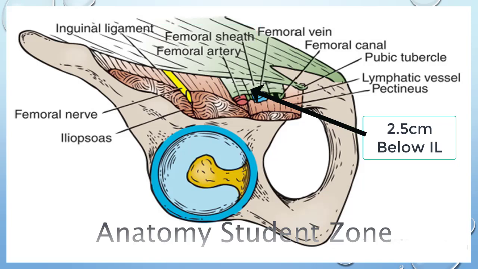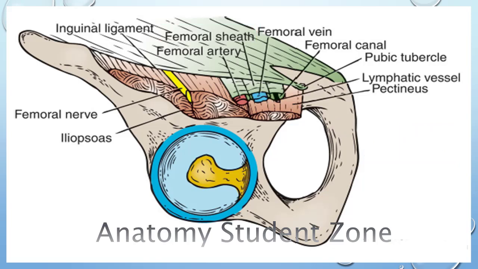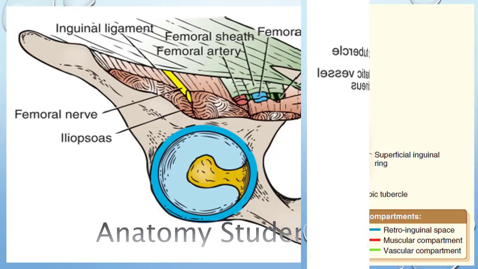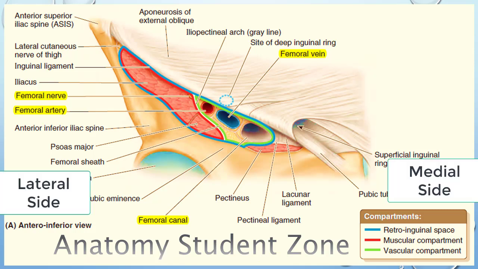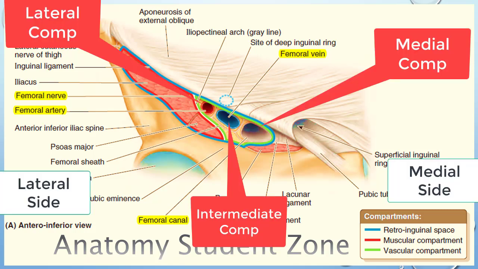After covering the superior and the inferior extent of this sheath, another important point is that there are thin fibrous septa that divide the femoral sheath into three compartments. These are the lateral compartment of the femoral sheath, the intermediate compartment, and the medial compartment. I am telling you here about the compartments of the femoral sheath, not the thigh. Don't confuse it with the thigh, because most students do this in exams. So these are the compartments of the femoral sheath.